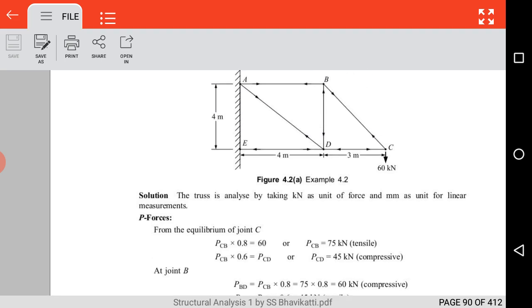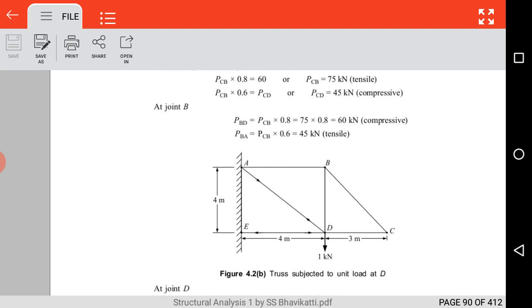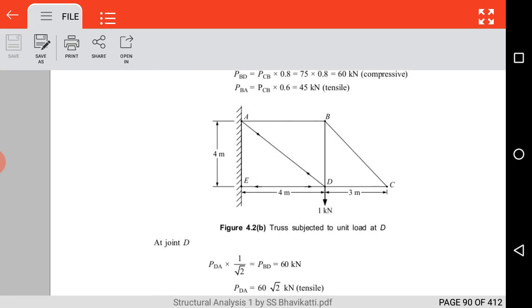In the same way, we draw the free body diagram for the joint D. At the joint D, we have the four forces DE, BD, AD and CD. CD and BD are already known, only AD and DE are to be calculated. Draw the free body diagram for this joint, resolve the forces, apply the equations of equilibrium and find the forces in the members. Now we will be applying the unit load at the given point, that is at the point D. So applying the 1 kilonewton force at the point D,